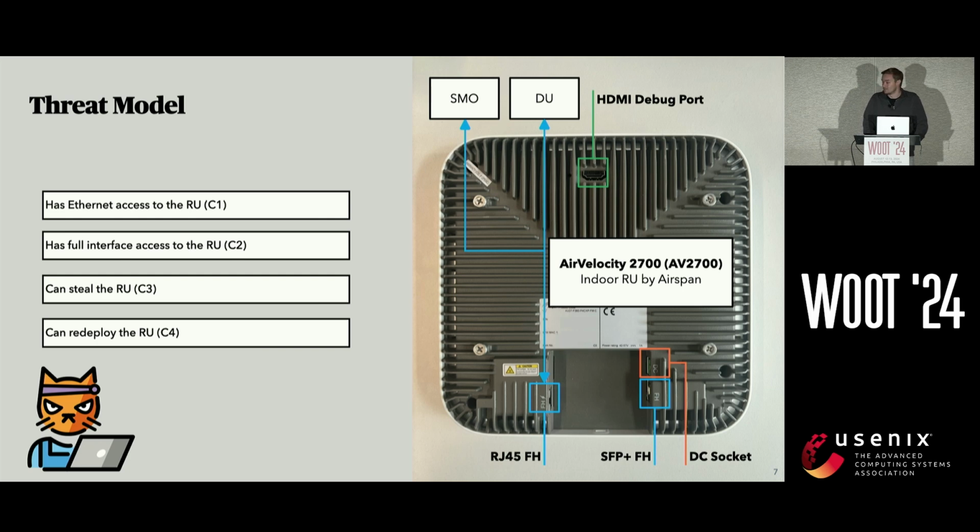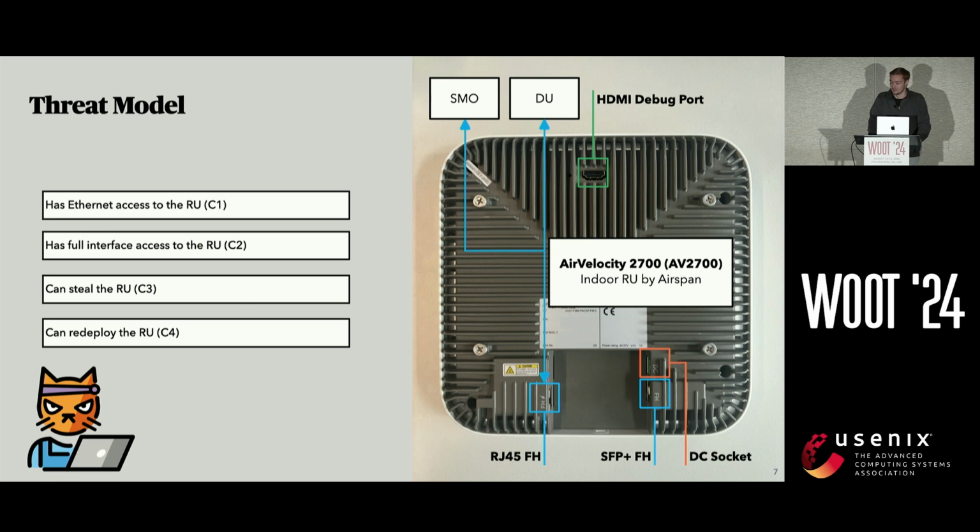These basically translate to the blue parts you can see here. So it's the 2 Ethernet interfaces on the bottom. And this can already be achieved by having access to a nearby adjacent Ethernet port that is, by chance, just connected to this radio unit. Escalating it even more, I will just quickly summarize C2, C3 and C4, because for this paper we focused